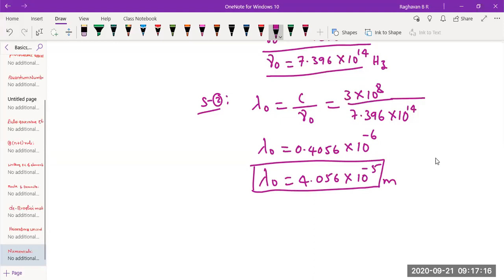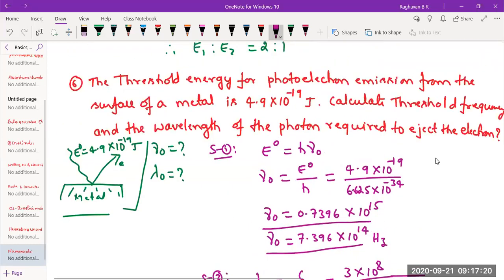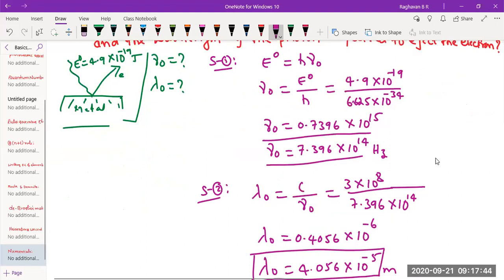Sir, why didn't we take kinetic energy, half mv square? No, that's not required at all. See, because this is threshold frequency, threshold energy of a photon. Energy of a photon is h nu naught. That's all. Why do you need to take the photoelectric effect equation? Sir, we don't know if this energy is full. Exactly, if required, the photoelectric effect is E is equal to E naught plus K. This is not required at all here.